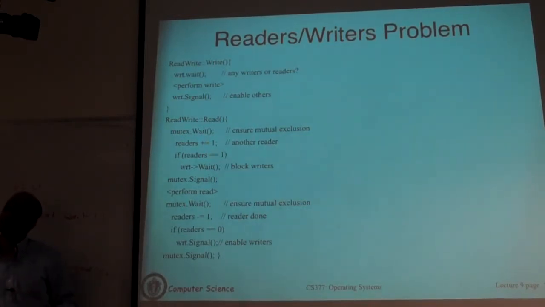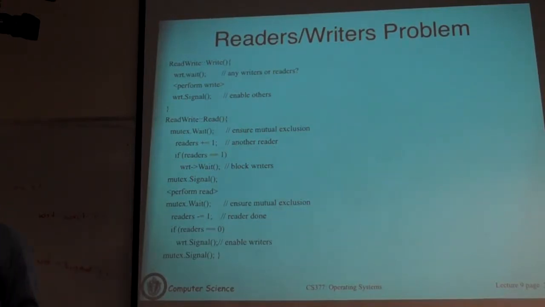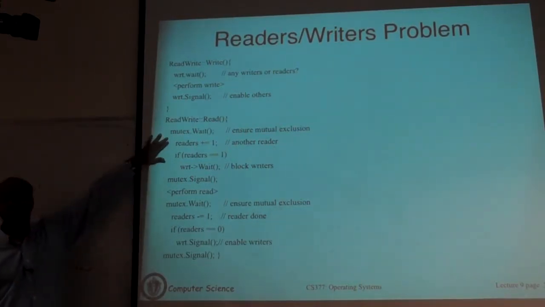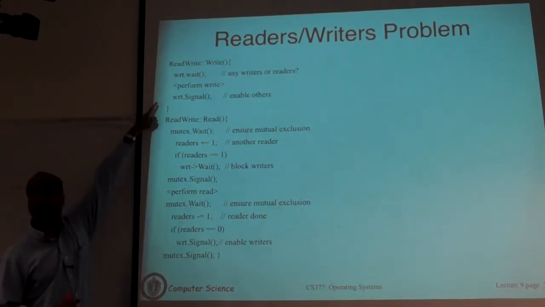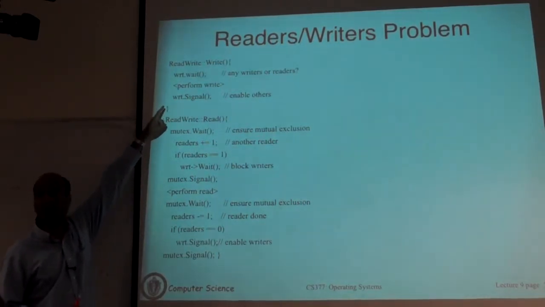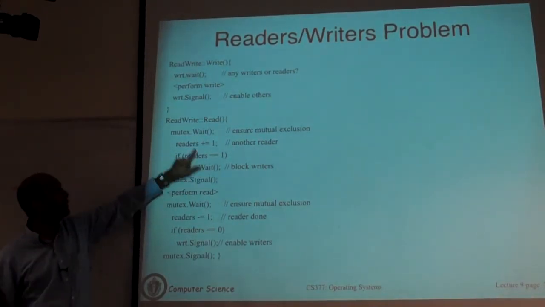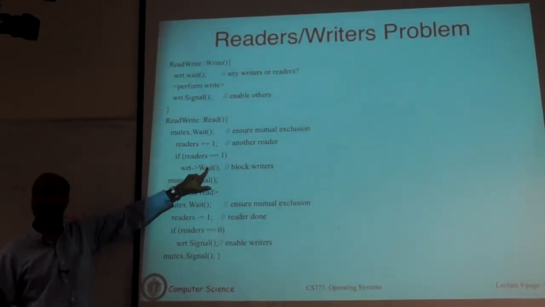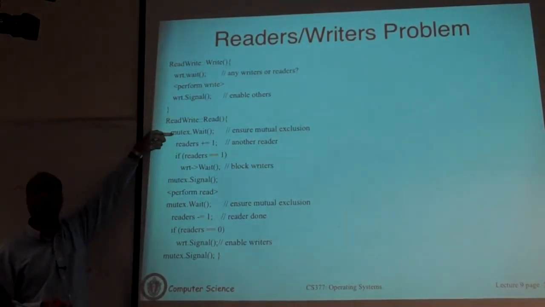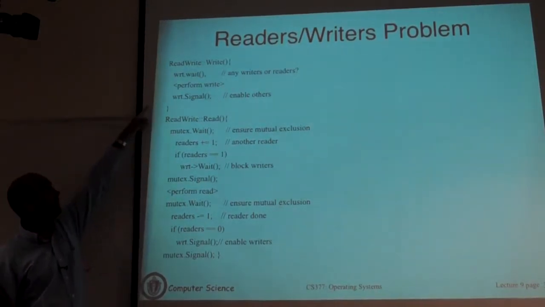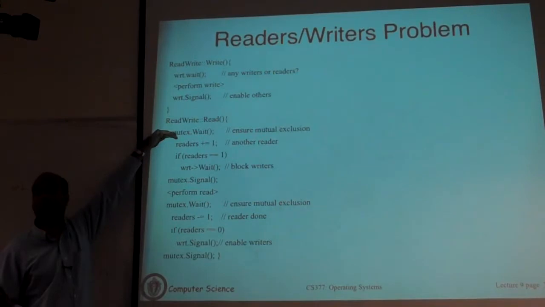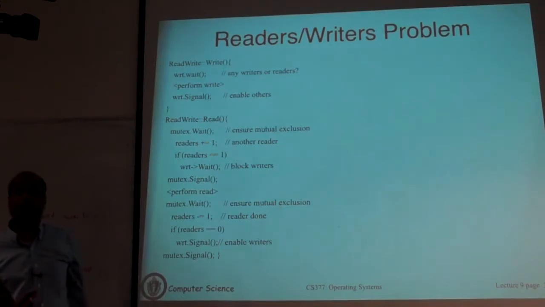The second reader can only get there if it has the mutex, and it can't get the mutex because the first reader has the mutex. So there's some subtlety here. The writer has the write lock; it basically did write dot wait. The first reader acquired this lock and blocked here. The second reader comes along, first tries to decrement this mutex, which is already held by reader 1, so it blocks here. So with the writer in there, the first reader will block here, and all other readers will block here. So the solution will work, but different threads will block at different places.